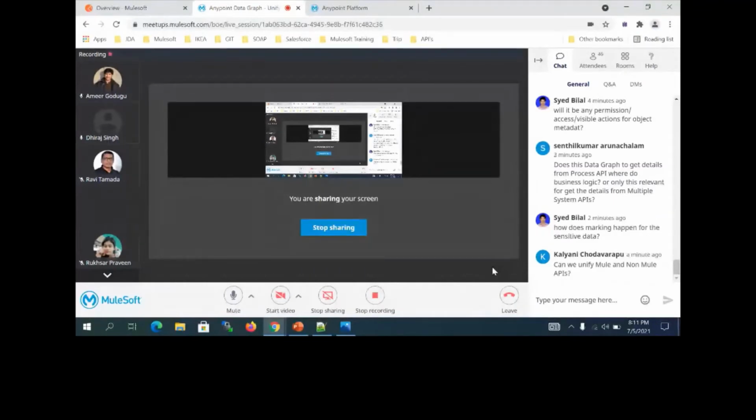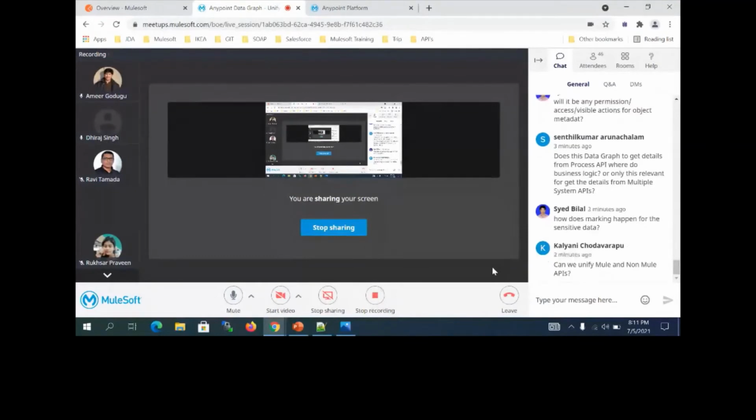GraphQL, you need to update if there is any change in the RAML. Not RAML. Suppose there is logic. Yes, in the logic, you don't have to change anything in any data graph, but only if it is a RAML change, like data type name changed, or maybe field name changed. Those you need to update in Anypoint Data Graph.